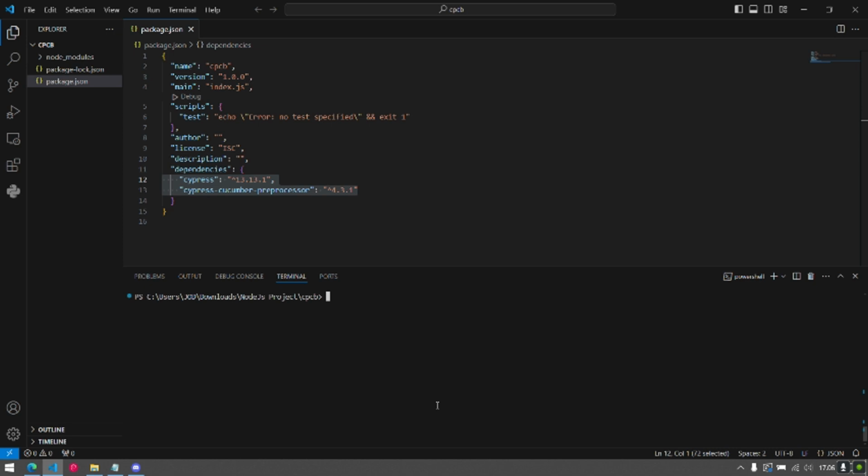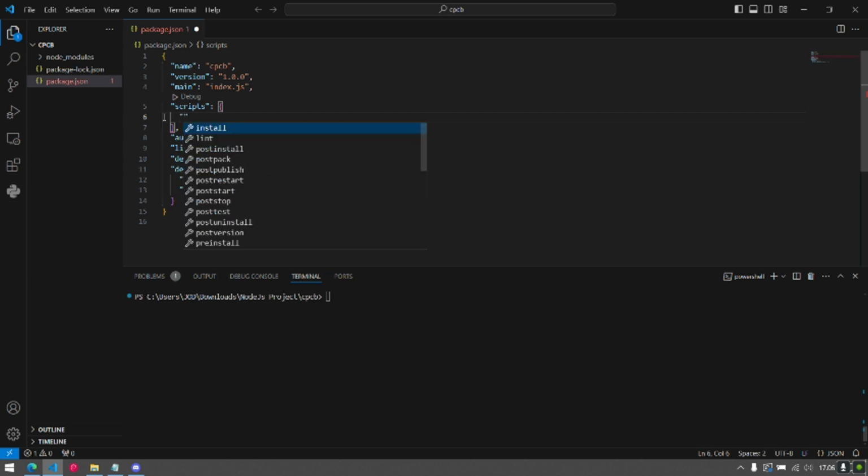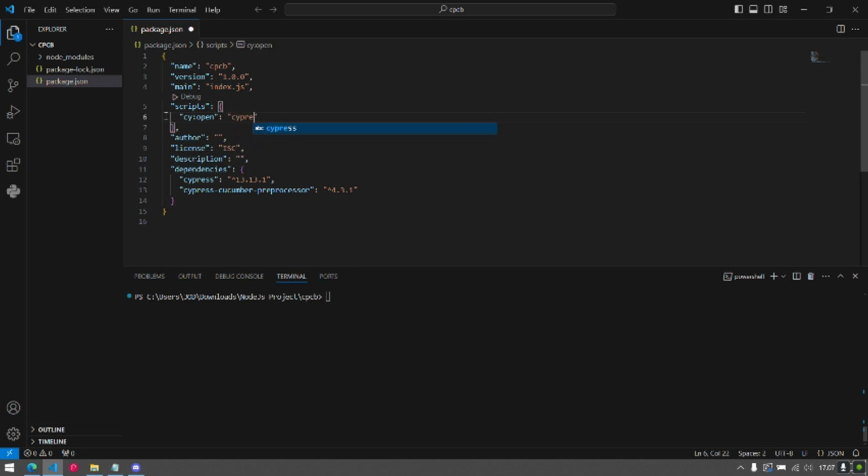There are two ways to open Cypress. You can use npm or npx. If you want to use npm to open Cypress, you can change the test script in package.json and replace it with this script: cy:open, which runs cypress open.